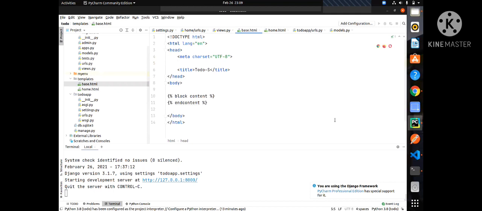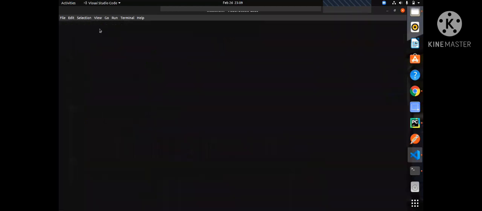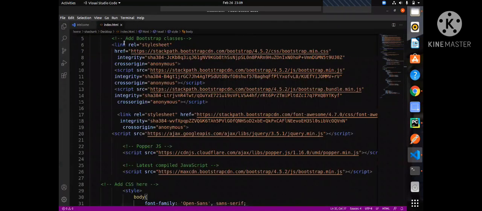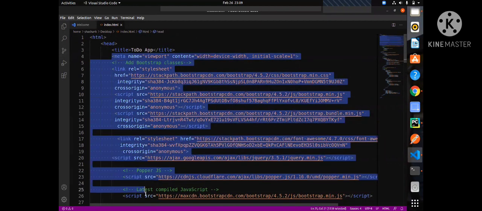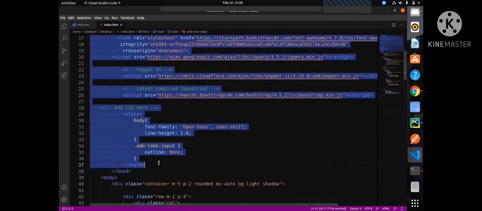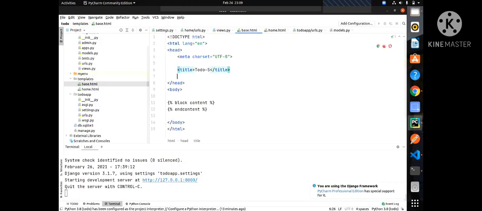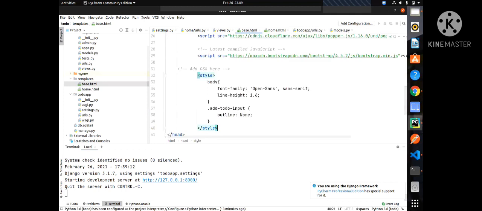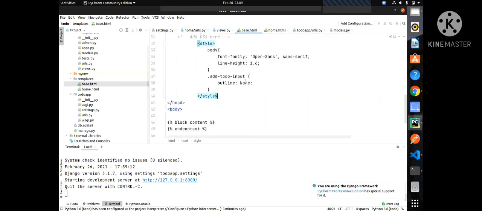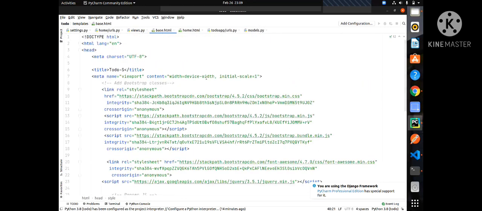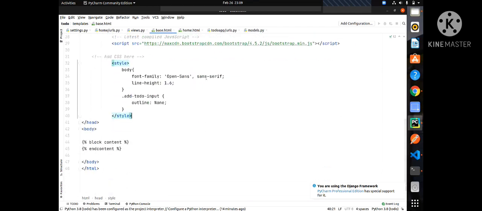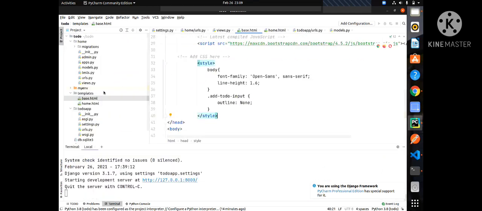So we have created already a HTML and bootstrap frontend. So what we are going to do now, copy and paste, because we already have that file. If you have not watched the first video part 1, then you should watch, because I have created all these files in that first video. We are pasting all the stuff. So we have done with all the bootstrap classes. Now okay, bootstrap CDNs are included. Now